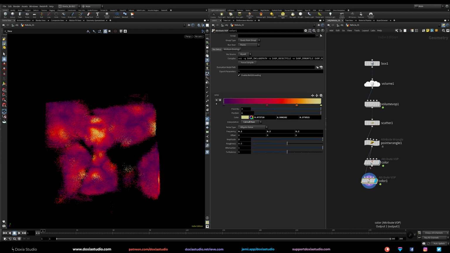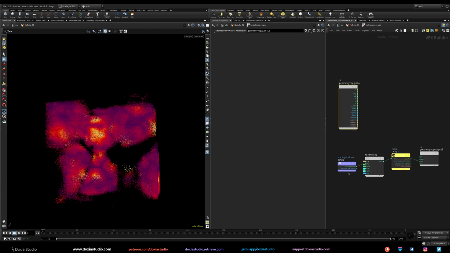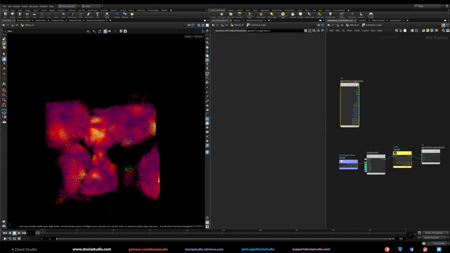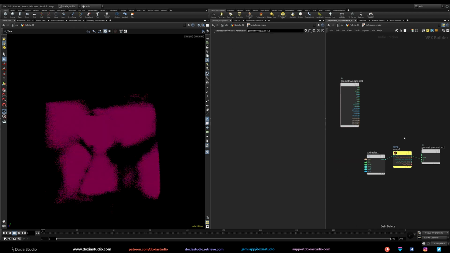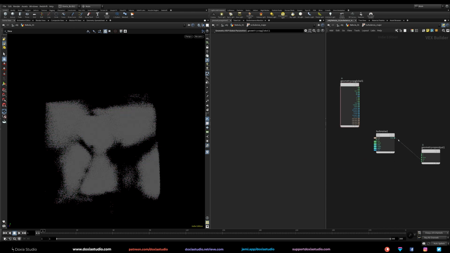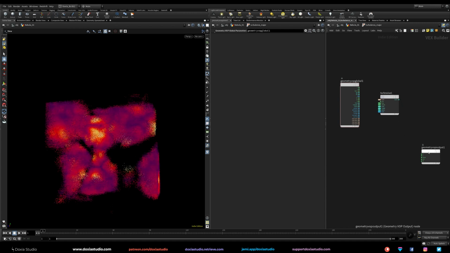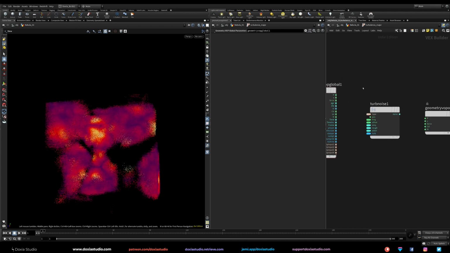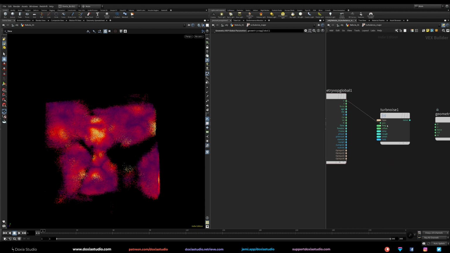Now let's create another one that is going to be a turbulence major. We are going to apply different turbulence. Okay, this one will be a normal turbulence just to deform a lot this square, this cube that we can see with those hard edges. So right now we are not going to use the starting position and not the ramp. We are going to use a turbulence to displace our current position. So let's link this here.